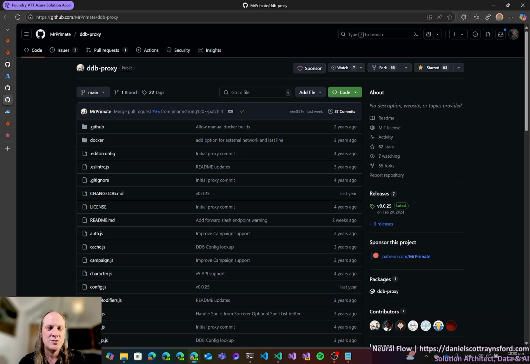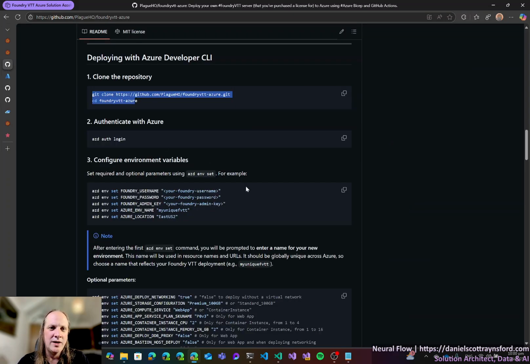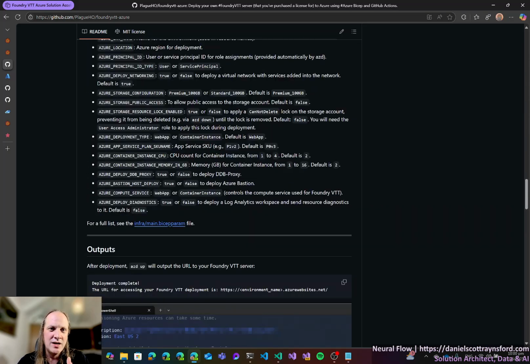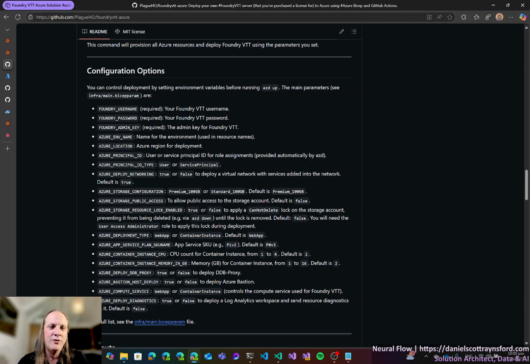There are a few setup instructions you do need to know when you've loaded Foundry, but that's all documented in the README that I have provided down here. So the settings I mentioned, there are quite a few of them. They're listed here. The configuration options, you know, your Foundry username, you can configure things like whether you want to